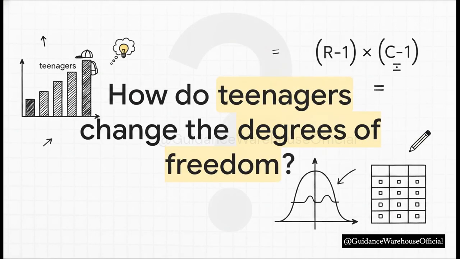I want to leave you with one quick thought exercise. What if we added a 4th group, let's say teenagers, to the rows of our volunteer study? How would that change our degrees of freedom? Remember that formula? We'd now have 4 rows and 3 columns. I'll let you do the math on that and figure out how that one simple addition shifts